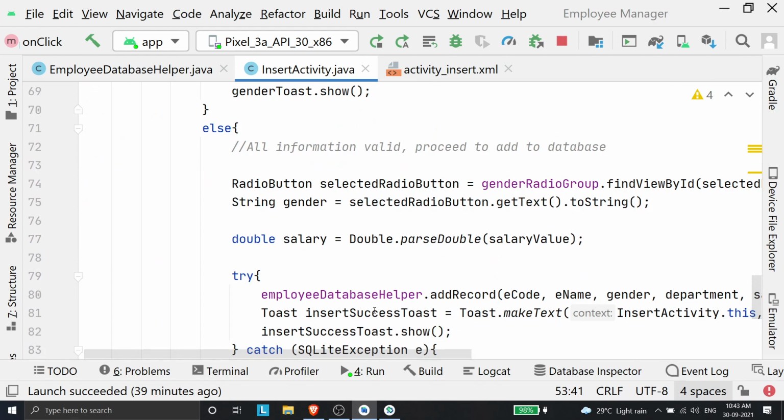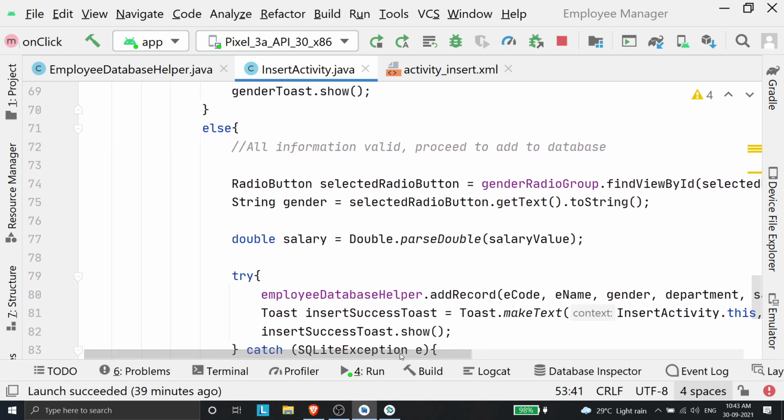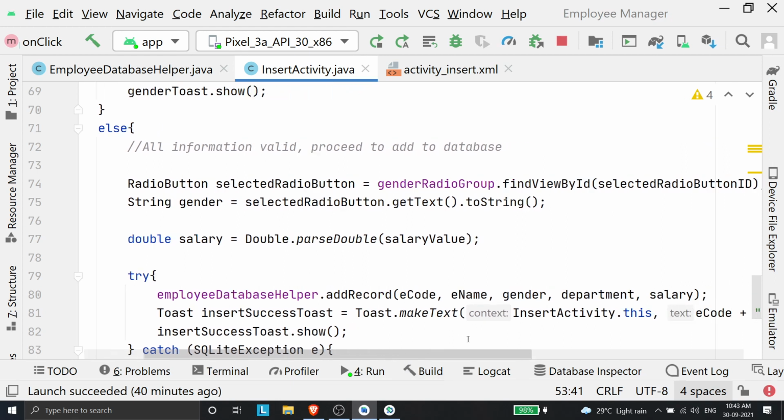Inside the else, I need to get the value of the radio button, right? Like I have the ID of the radio button, but what I need is the value of the radio button. If the radio button's ID is 100, the value 100 is meaningless to me. What I want is the value of 100, which will be male or female or something. So I need to get the value. For that, I am using